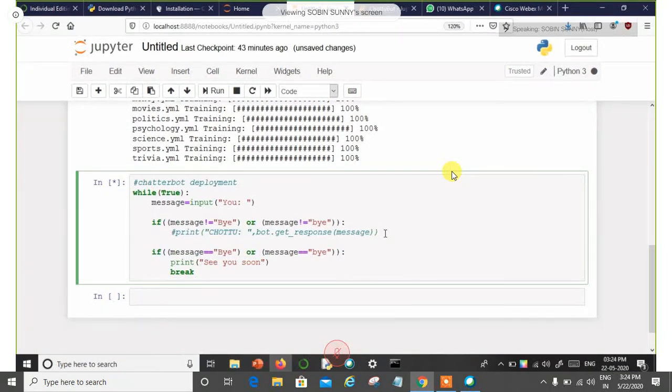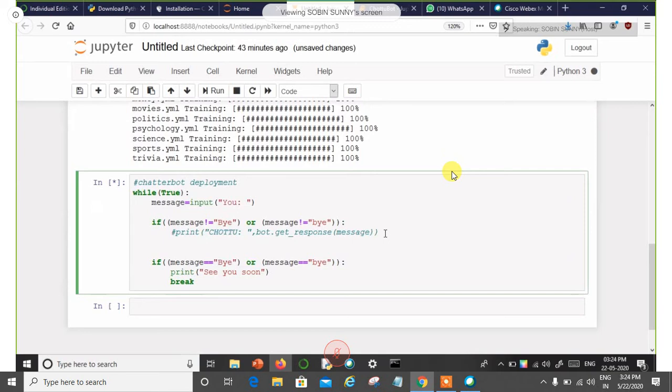So in order to use a name from the object, print, there is a function called name. In the bot object, you can use a function called name, like get response. That name function gives you the name for the chatbot. So in order to access that name, you have to use bot.name, and in order to get the response for the message, bot.get underscore response is the command.